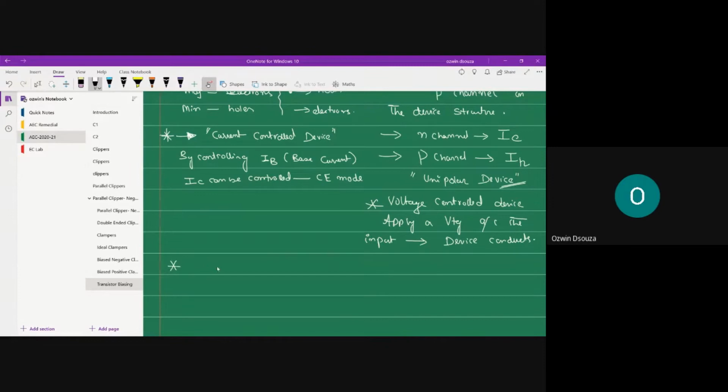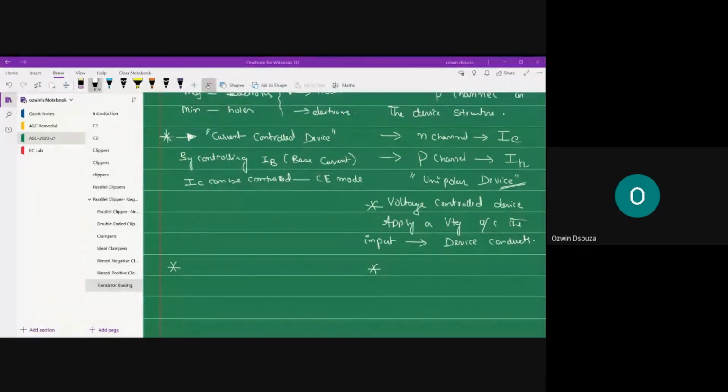Now the question is, one is voltage controlled and one is current controlled. So which one do we use in our physical systems and why? Can anyone type the answers? Which transistor is preferred over the other? Both are doing the same job. The only difference is the working difference, right? Except for that, both transistors can be operated as an amplifier, or you can make them work as a solid state switch.